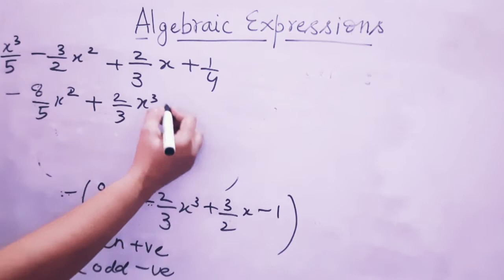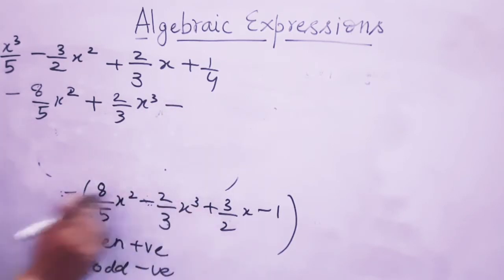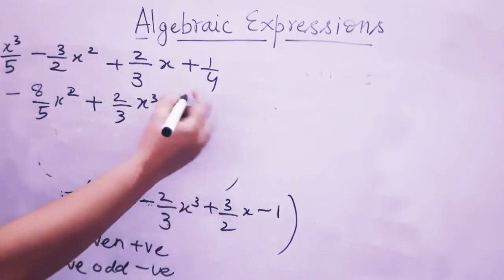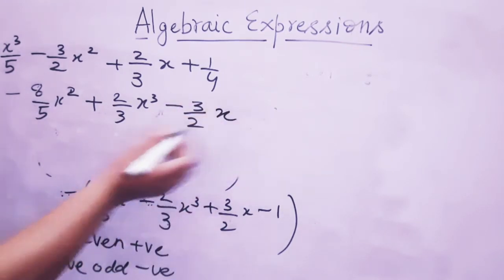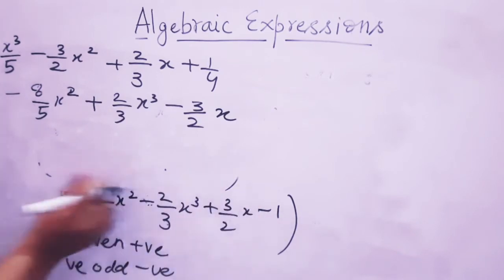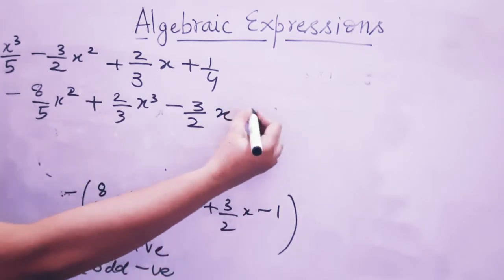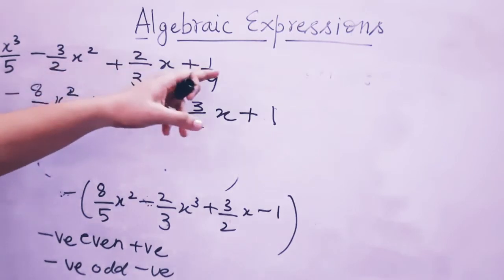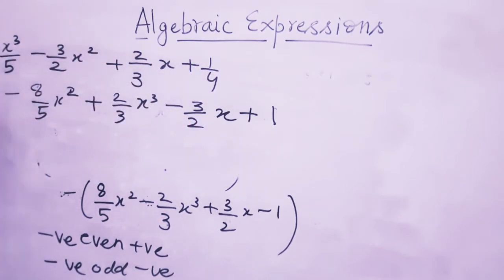Now minus plus minus. See, it was plus, but once it was multiplied by this minus, it became minus. So 3 by 2x. Now again minus and minus. This minus and this minus, 2 negatives will become positive. So as you all can see, this was having a positive sign before it. A positive sign was given in the first algebraic expression. So no change in signs was there in the terms.